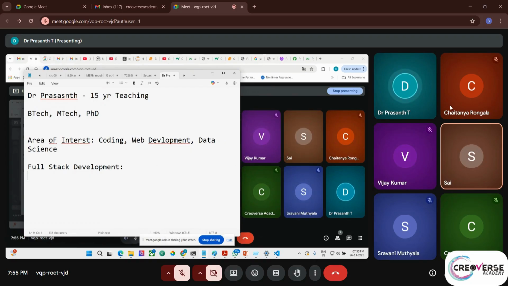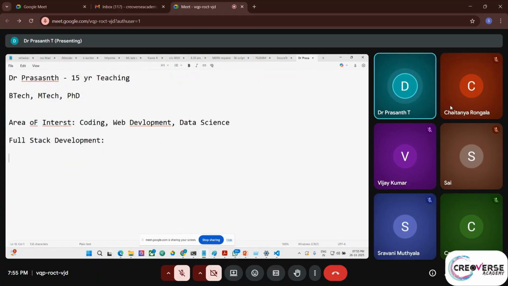Okay, okay, fine. See, full stack development is all about developing an application. We are going to develop an application, for example, Gmail. Gmail is one of the applications. So in Gmail, you are creating something, and there you may have